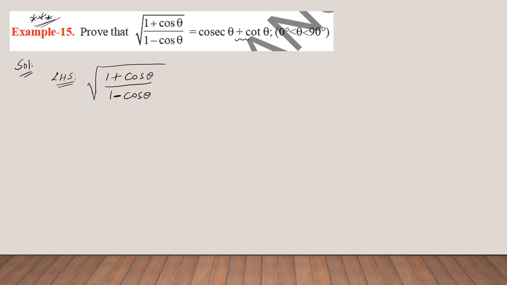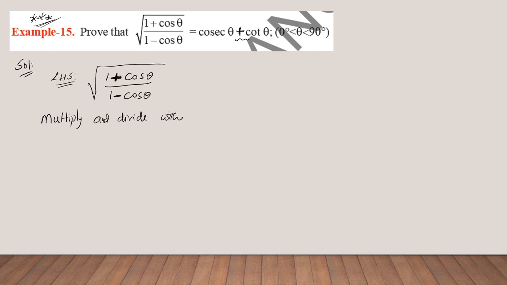Because here I need to obtain plus. Already in the numerator I have plus here. So if I want to maintain plus, I should not change this plus in the numerator. That's why I need to rationalize the denominator. Okay, so for that what I am going to do is multiply and divide.